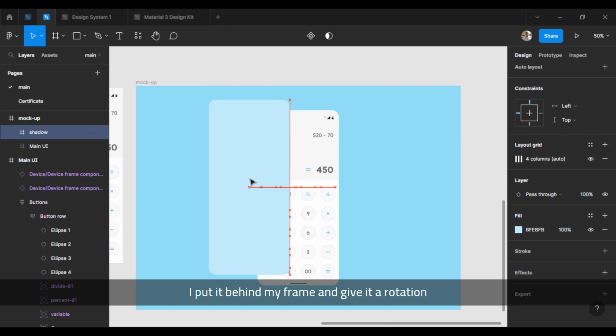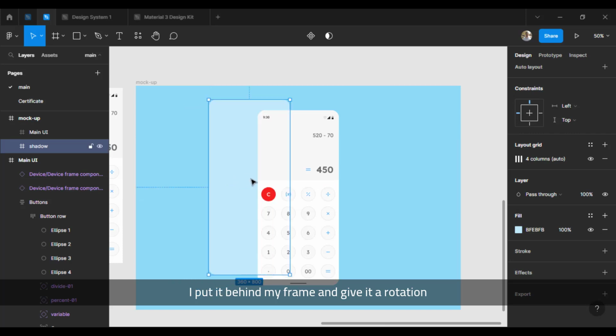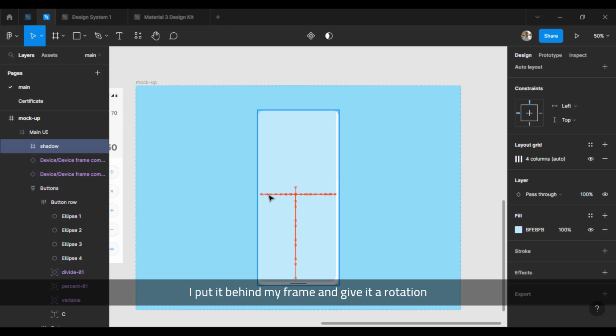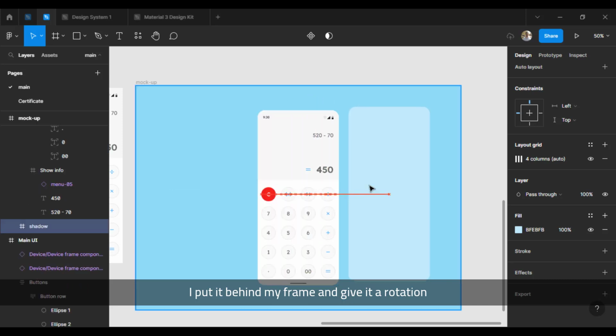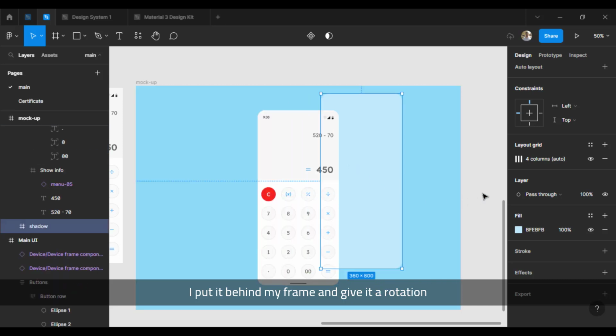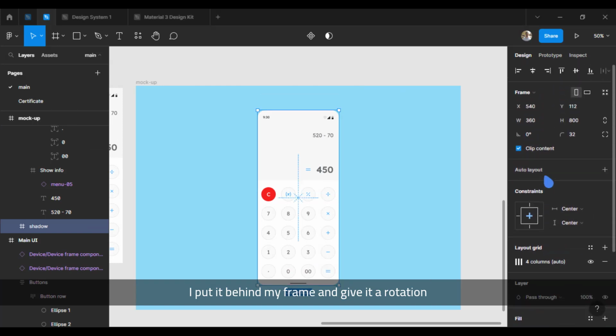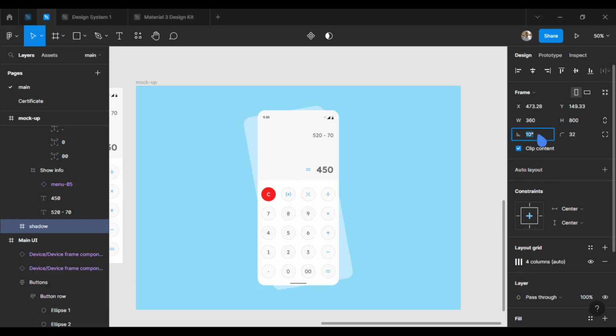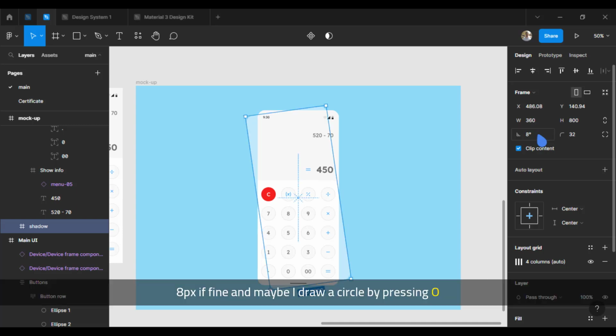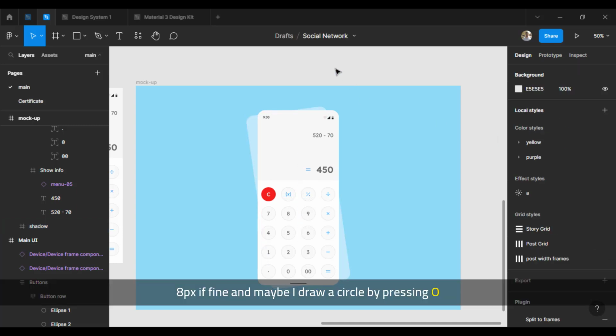I put it behind my frame and give it a rotation. 8 is fine. And maybe